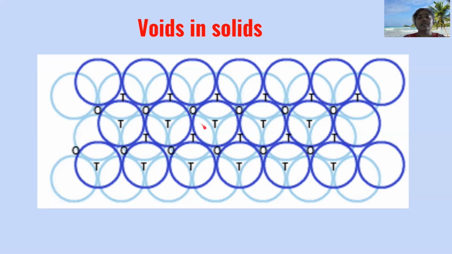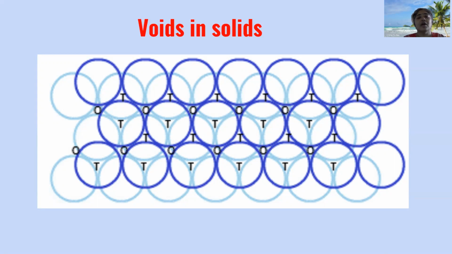So when one sphere of the second layer is placed over the first layer in such a manner that a void or an empty space is generated by the arrangement of these 4 atoms, 3 in the bottom layer and 1 on the top layer, or vice versa, then this kind of void is called a tetrahedral void. So a tetrahedral void comes into existence due to the arrangement of 4 atoms, while octahedral voids come into existence due to the arrangement of